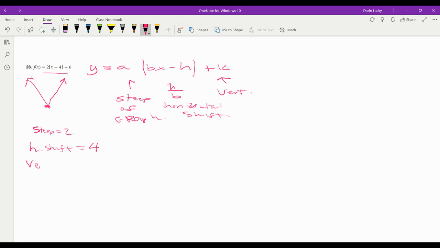And my vertical shift is 6, because that one's K. So if we look at this, this one's K, this one's H, this one's A. B's 1, so it doesn't really matter. All right, so now let's look at this piece here. So let's just take it to a graph. And if I go to a graph here, and sorry for my vertical lines that are horrible,